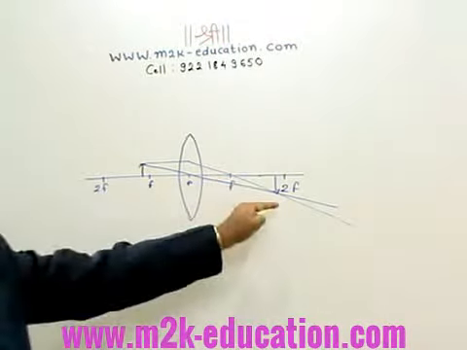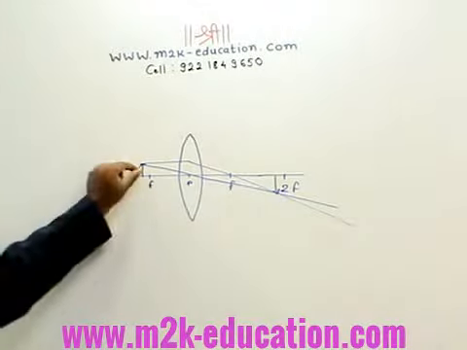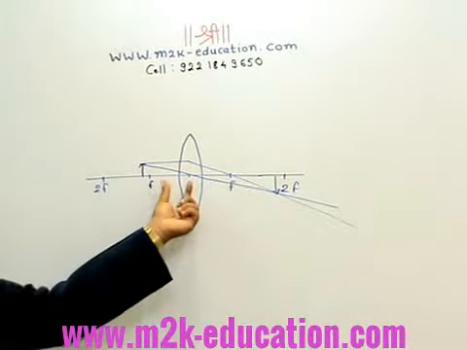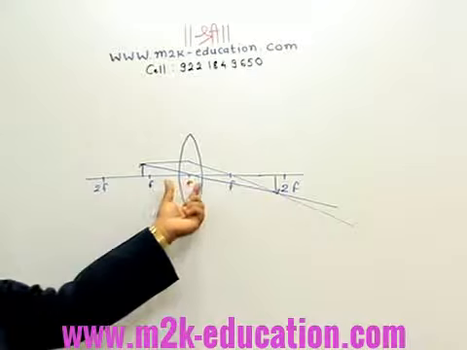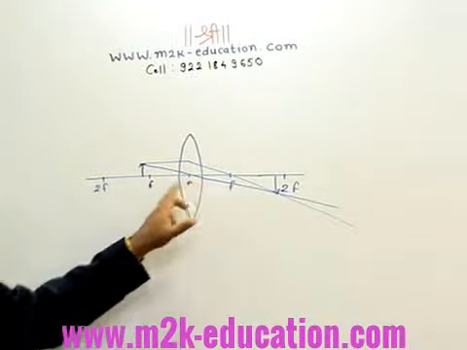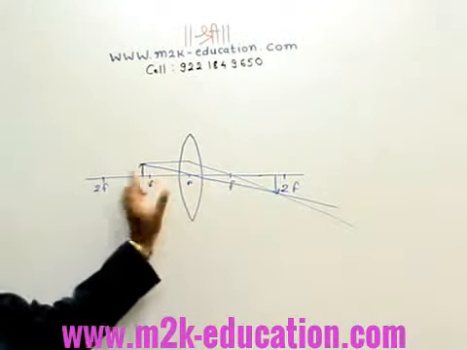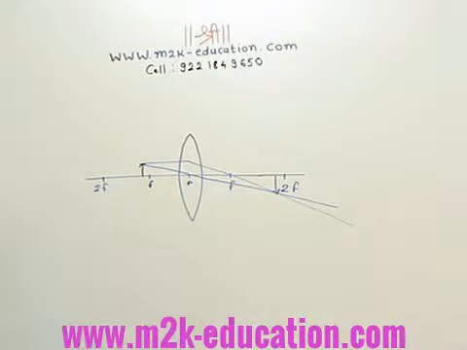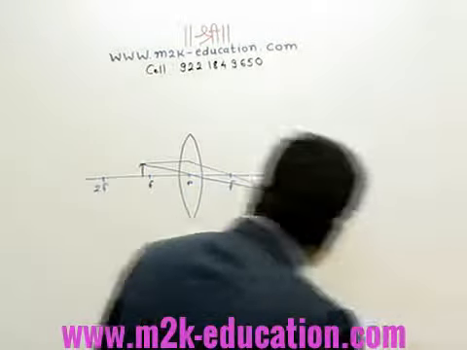This image is a magnified image. A little bit, not to a great extent, but still a little bit magnified image is observed over here. If power is more, means what? The curvature should be more, and the focal length should be less. If focal length is less, then obviously let us check in this diagram only.